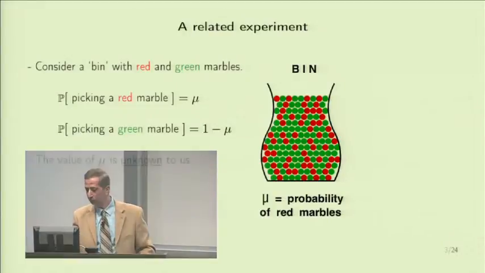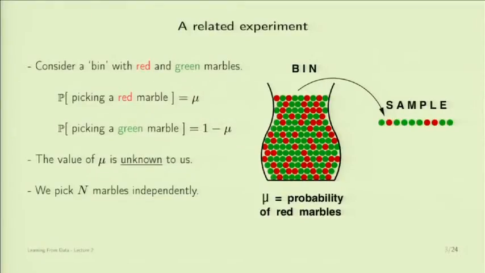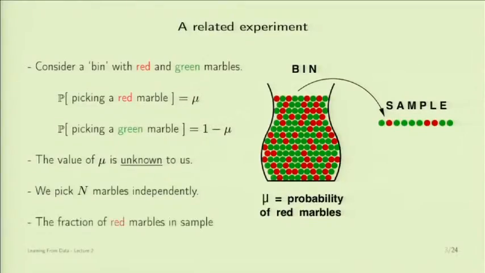Now, we pick N marbles independently, capital N, and I'm using the same notation for capital N, which is the number of data points in learning, deliberately. So the sample will look like this, and it will have some red and some green. It's a probabilistic situation. And we are going to call the fraction of red marbles in the sample something. So this now is a probabilistic quantity. Mu is an unknown constant sitting there. If you pick a sample, someone else picks a sample, you will have a different frequency in the sample from the other person, and we are going to call it